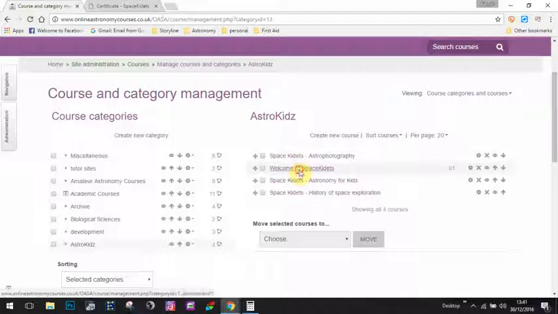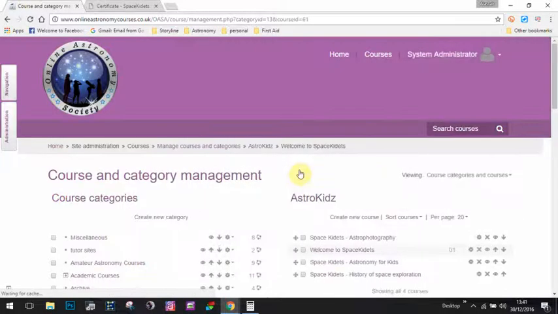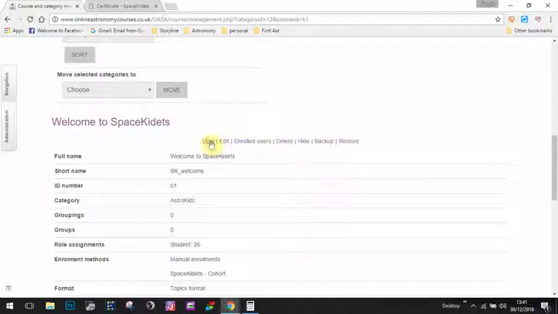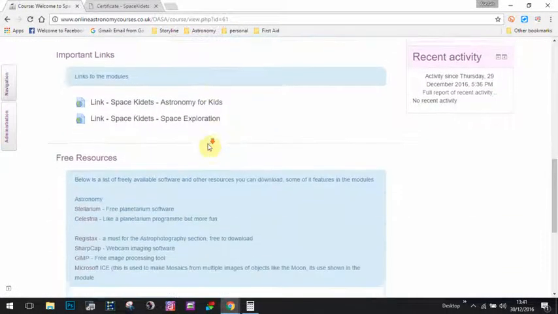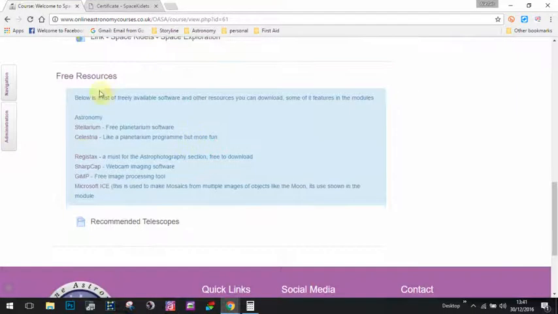I always recommend coming to the Welcome to Space Cadets screen first, because in here is where I post links to any other modules, any news, any latest bits and pieces, and also free resources. As I come across them, I put them in here. So at the moment for the astronomy, you've got Stellarium, that's a free planetarium software program you can download. Celestria, Registack, SharpCat, GIMP, that's an image processing tool, and Microsoft ICE. I forget what ICE stands for, but it helps you build the mosaics that you'll be meeting in the astrophotography